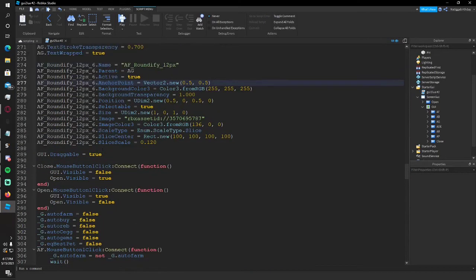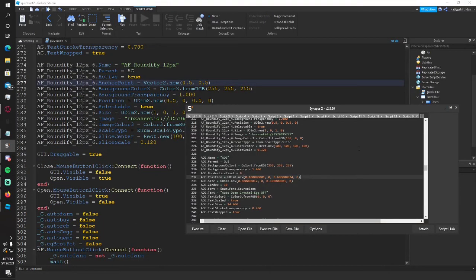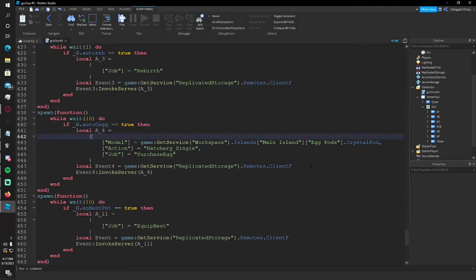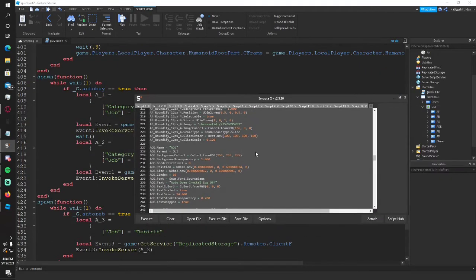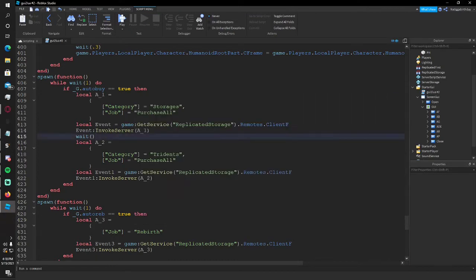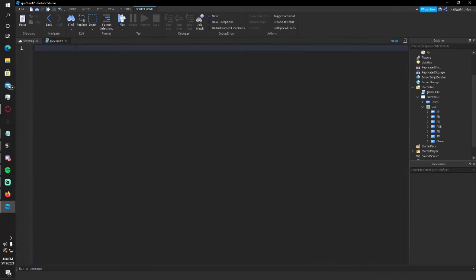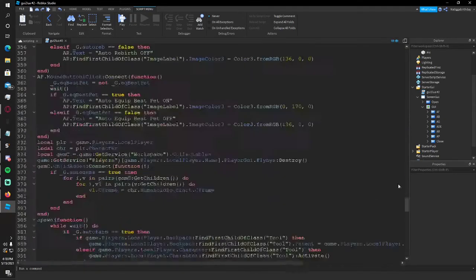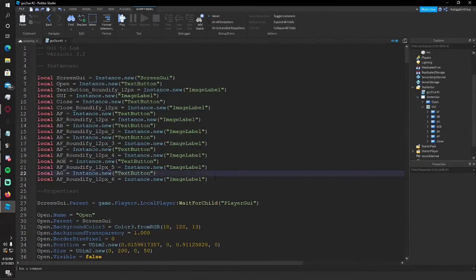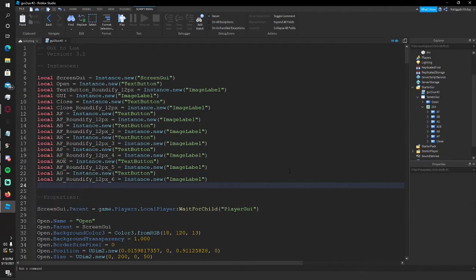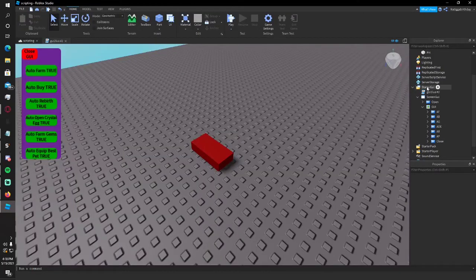So what we're going to do is take the script that we have now. This works perfectly fine, but at the same time we're going to completely wipe this, keep it on here, keep this, but I'm going to get rid of this here. Actually, no, I can't. I'll make my own then. Okay, so we'll make another local. We need to make the GUI scale more. So let's find